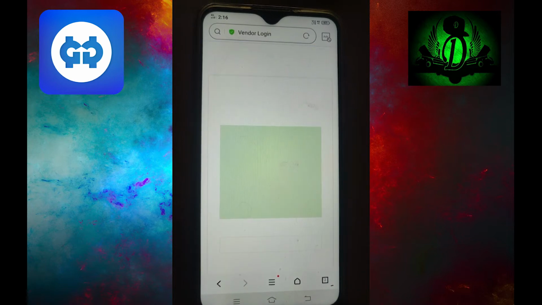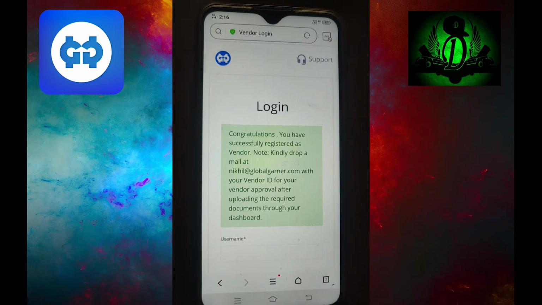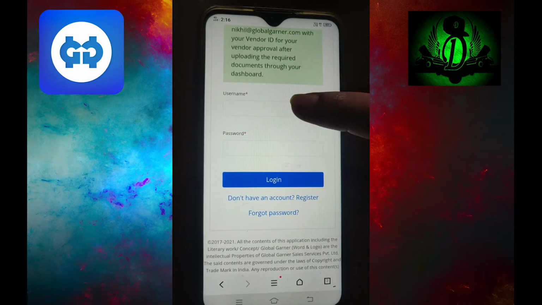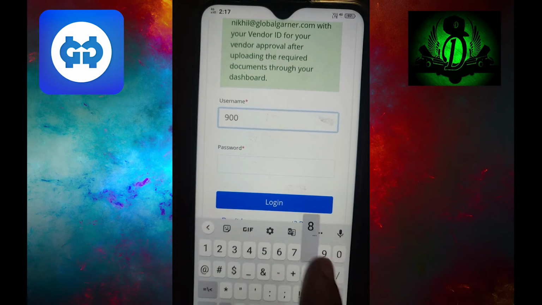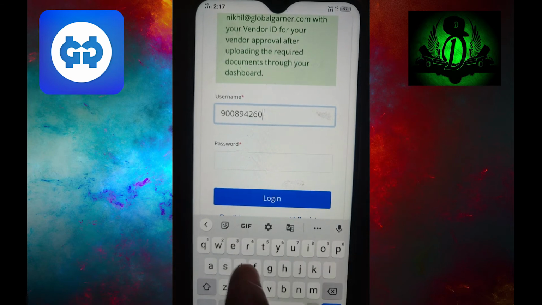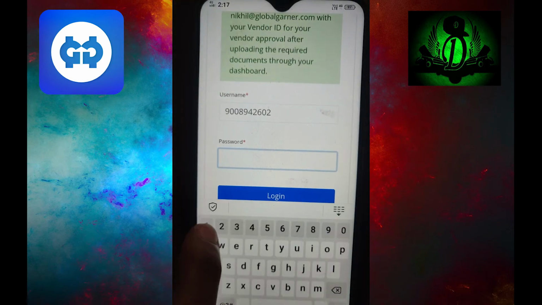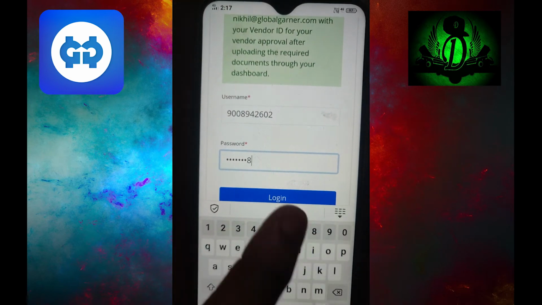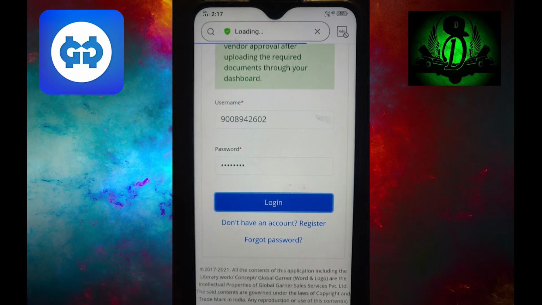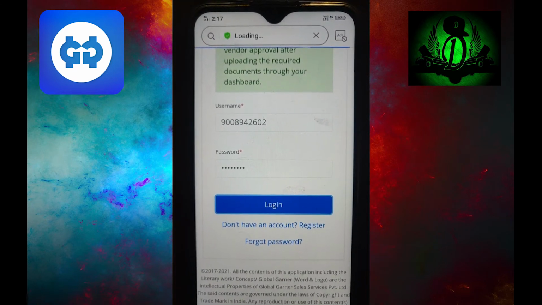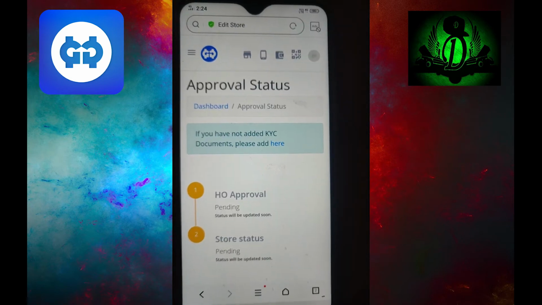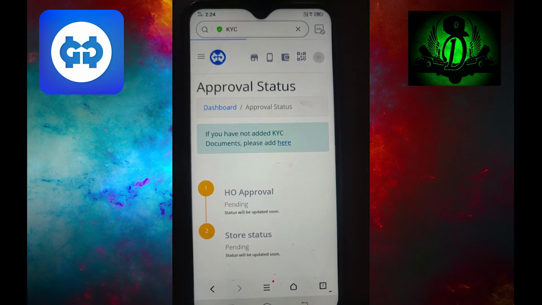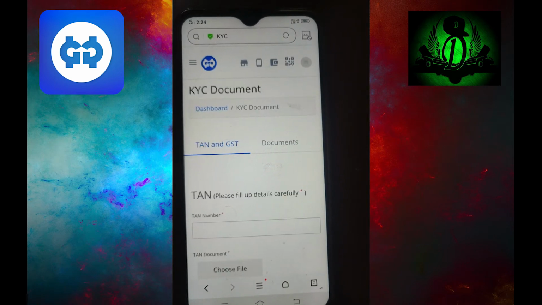Log in with your username and password. Once you log in, you need to upload your KYC documents.